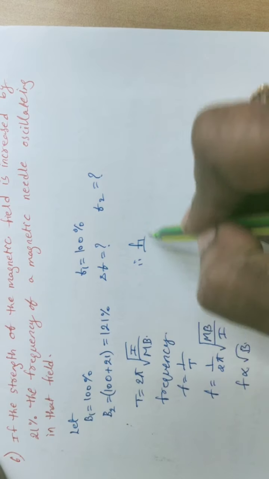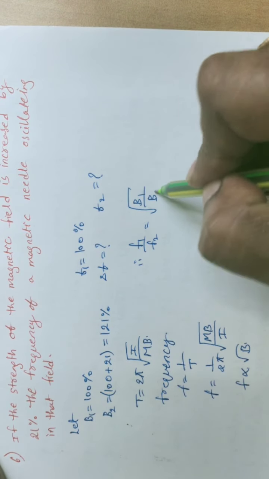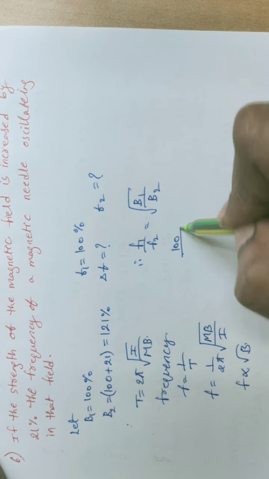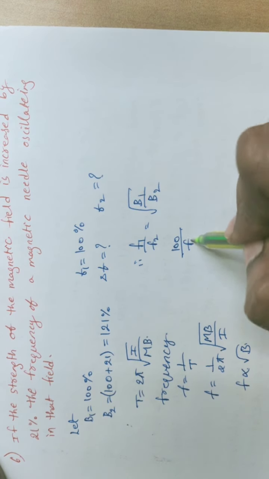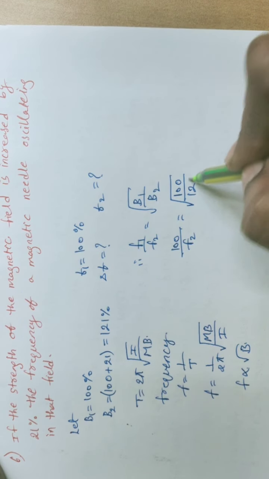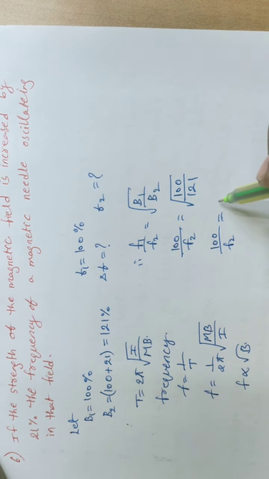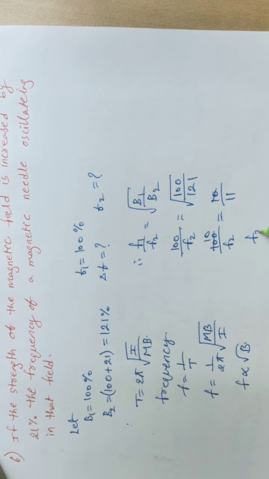Therefore F1 divided by F2 is equal to root over B1 divided by B2. So F1 is 100%, I have taken 100, F2 we don't know, root over 100 divided by 121. Okay students, here 100 divided by F2 is equal to root 100 value is 10, root 121 value is 11. So 10 cancels, and F2 value now becomes 11 into 10,